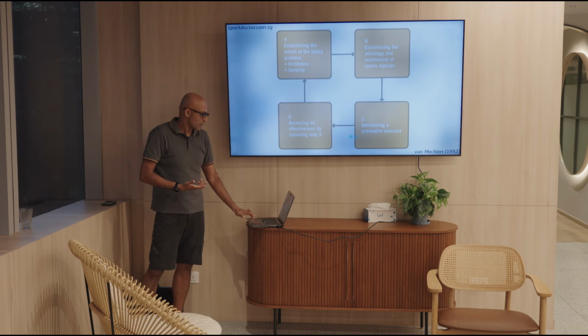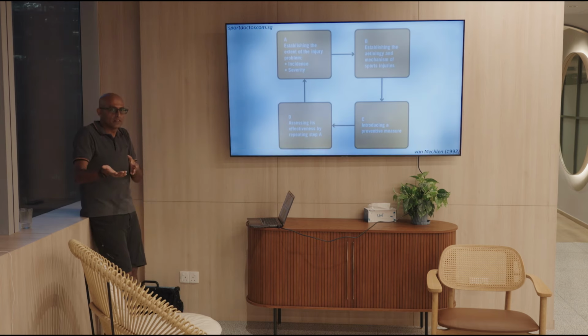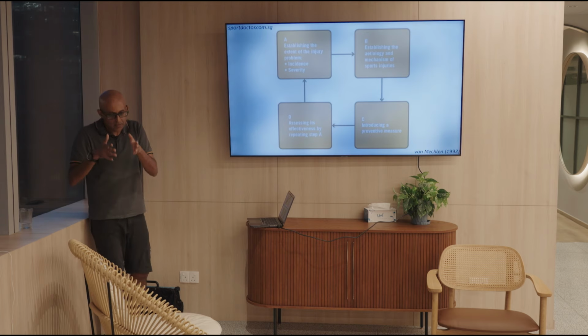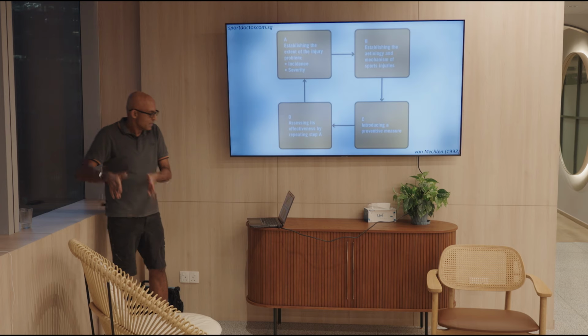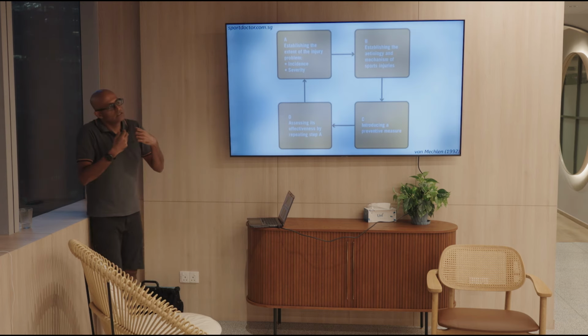And so then what we're trying to do here is look at ways that we can prevent that from happening, okay? And then by having implemented that preventative measure, we want to go back and have a look and see what's happened. So I'll let you think of things that may be happening in the gym setting or in the exercise setting that may be relevant to you.